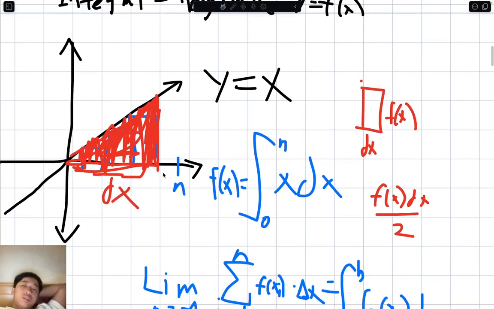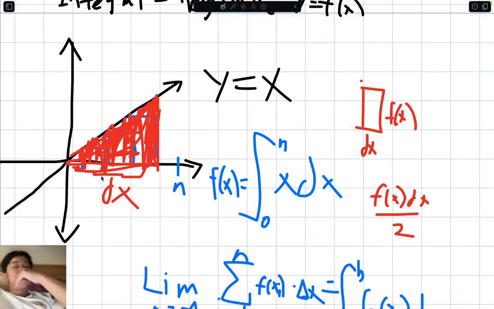Graphically, this is what an integral is. The area under the curve. Graphically, it is this. If it was y equals x, where the width of the